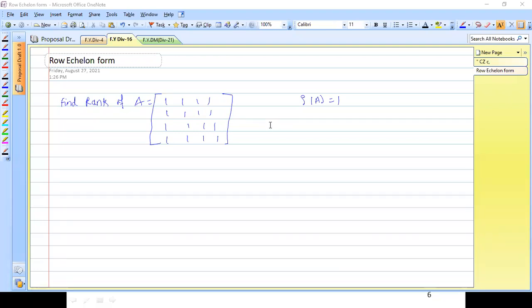then the determinant is 0. You can see R1, R2, R3, R4 are the same. So if I find the 4 by 4 determinant, it becomes 0. If I take any 3 by 3 determinant here, all entries are 1, it still becomes 0. If I take any 2 by 2, you are getting 1, 1, 1, 1 entries only, so it becomes 0. And we can take only one element, that is nothing but 1, which is not equal to 0. And all the minors of order r plus 1, that is 2 by 2, become 0. So that's why rank is 1. Everyone got why rank is 1 here?